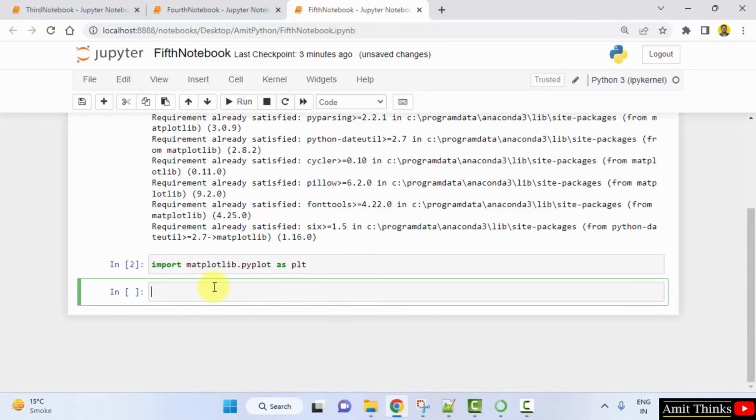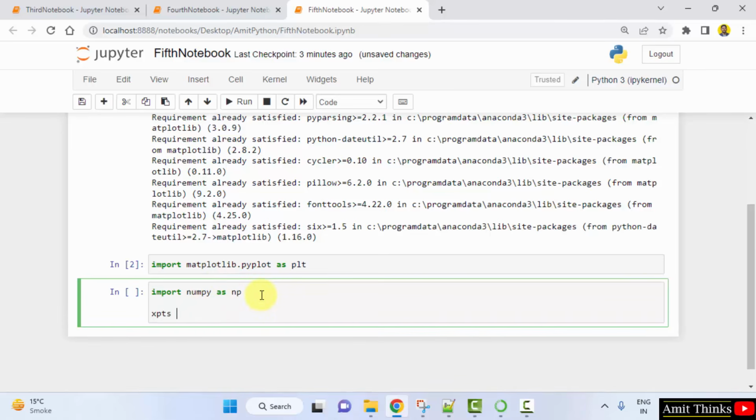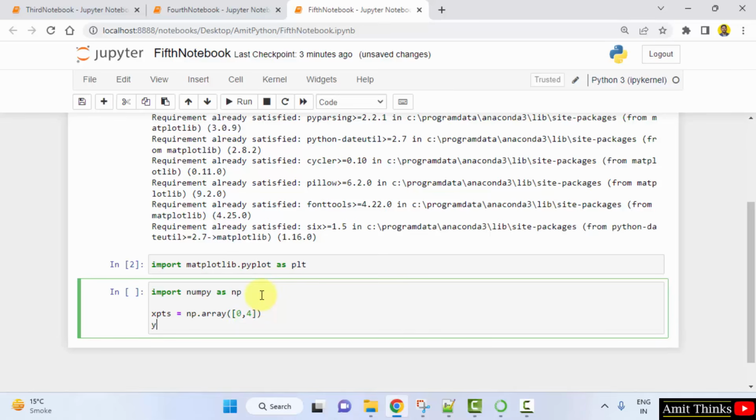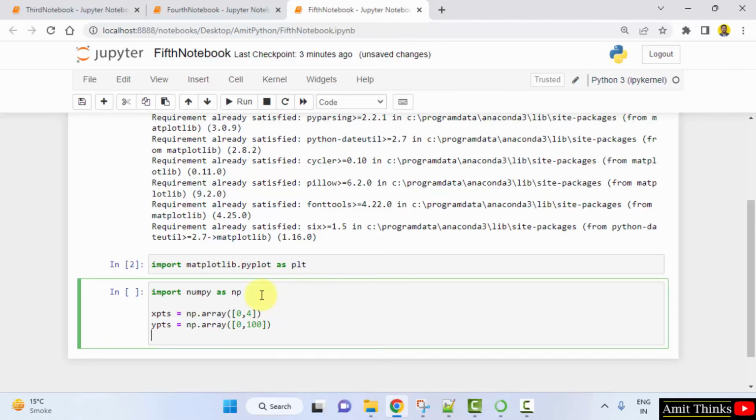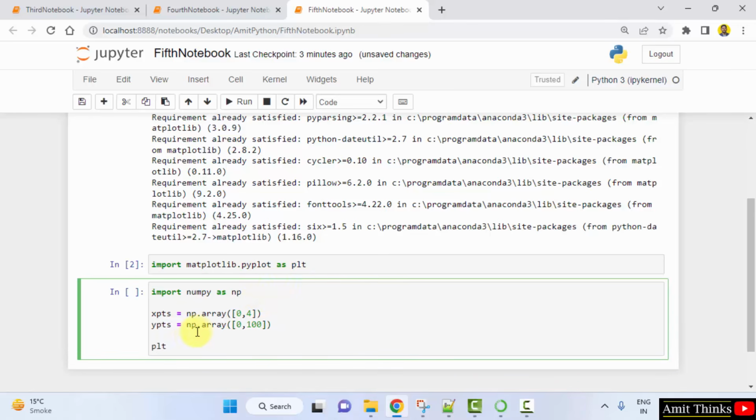Now we will run our first plot. We will create a line quickly. For that, I'll also be using Numpy, because I'll be using the array method of Numpy and the alias np. Now let us type the x points for our line, and the y points. This looks fine. Now what I'll do, I'll use the plt dot plot method of Matplotlib,